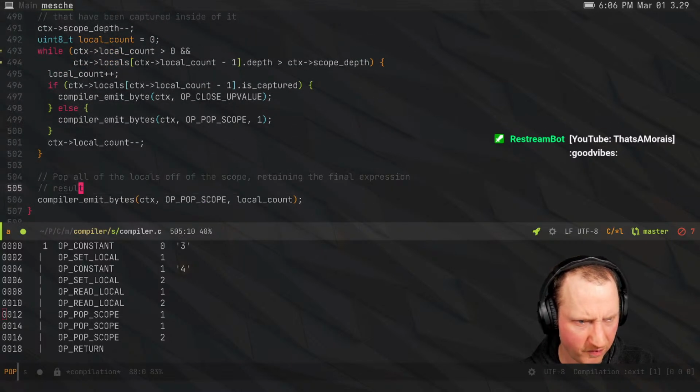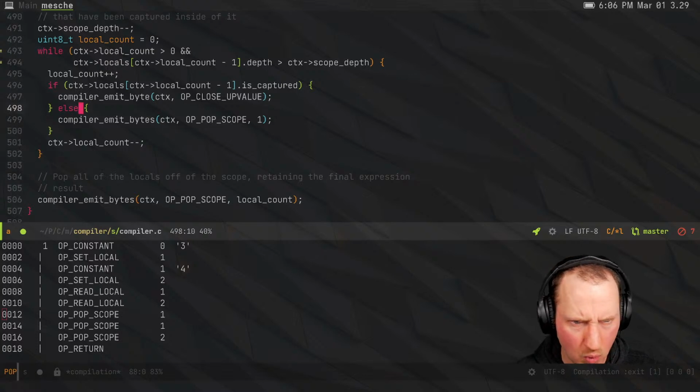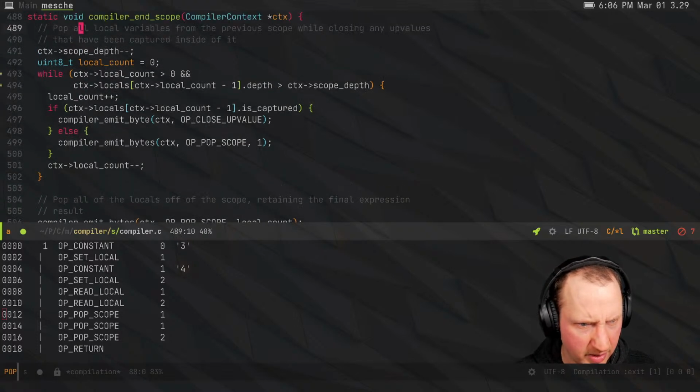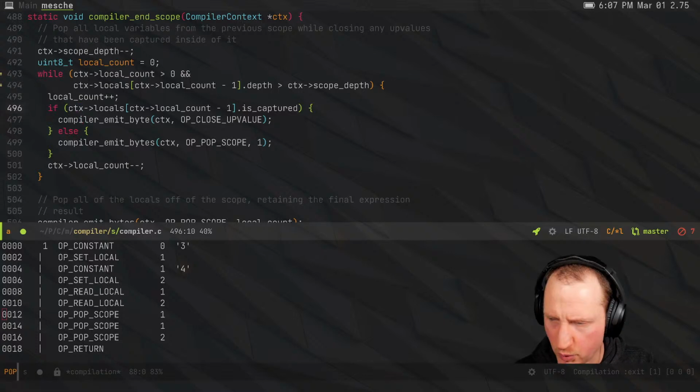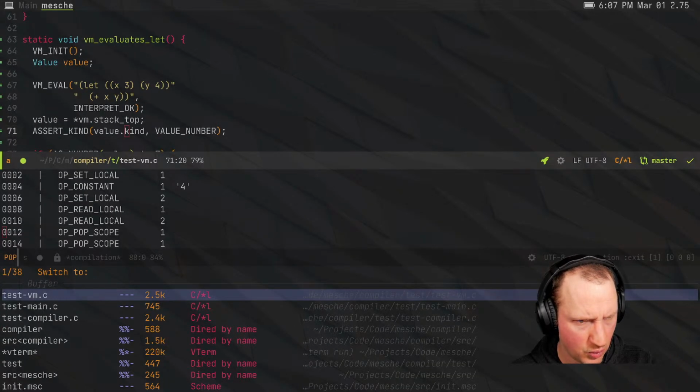Pop all the local values off the scope. Retain the final expression result. So, seems we're doing that here also, which doesn't make a whole lot of sense. But let's deal with that later. Okay, so first of all, the problem we have is that we're not actually using the values that we are setting and then reading back. So why is that? Let's check into